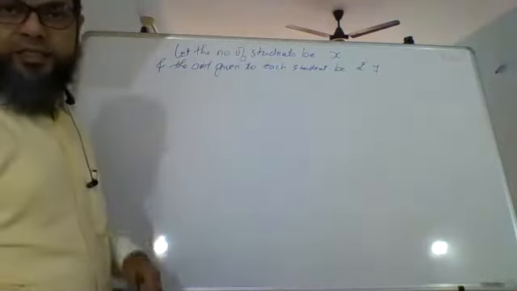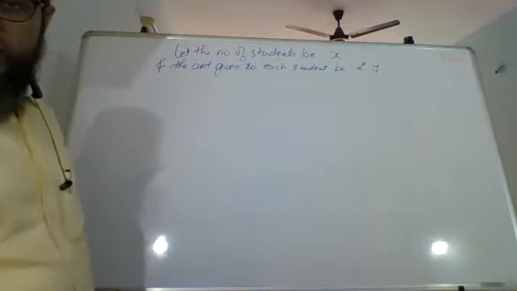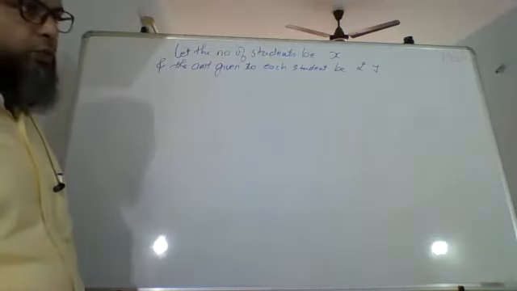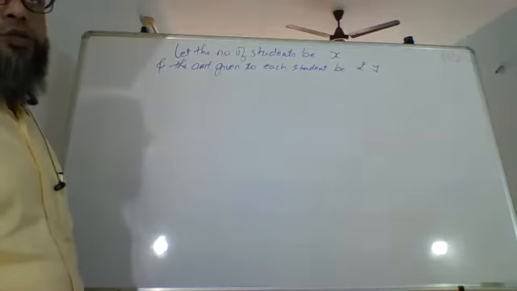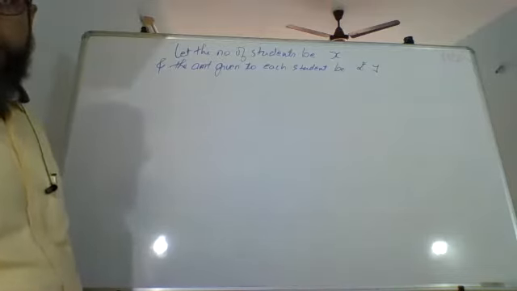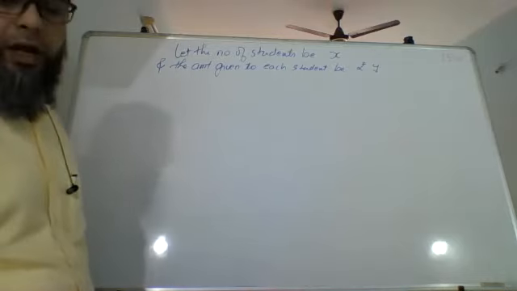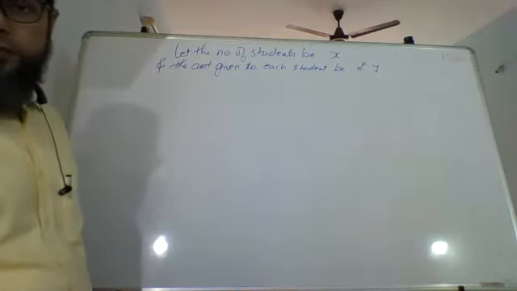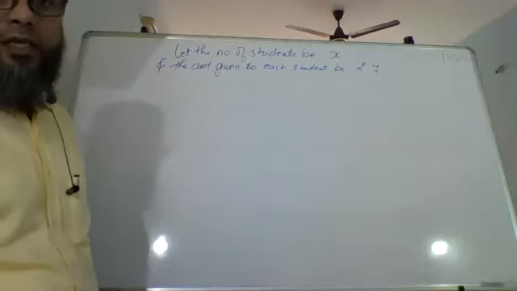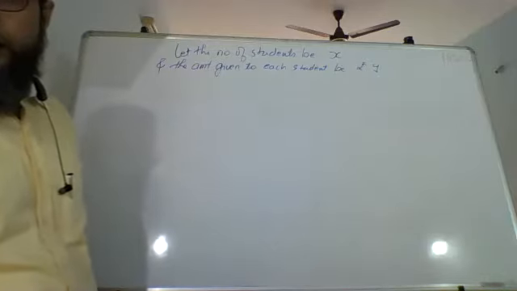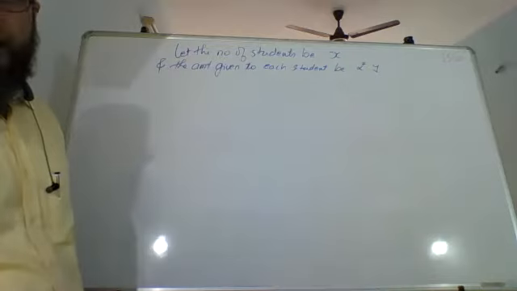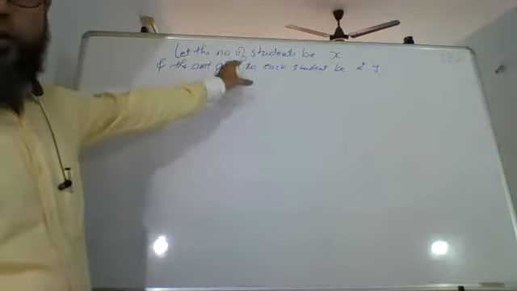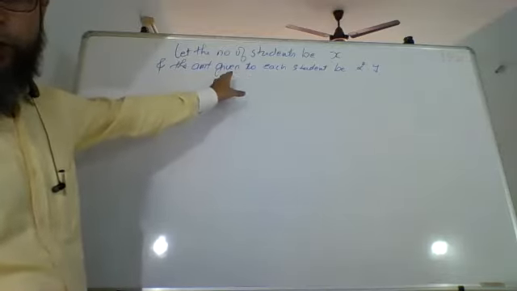Now, why are we taking it like this? This I'll explain to you first. Let's assume there are 100 rupees. और 20 students को मुझे देना है, तो सबको 5-5 रुपये आएंगे. Correct? If I give 5 rupees to each student, the total amount that I've spent is 100 rupees. How did I get that? x into y, that is the number of students into the amount that I'm giving to each student. Because the amount to each student is changing, that's why we have taken it as y. Total amount is remaining the same, which is x into y.